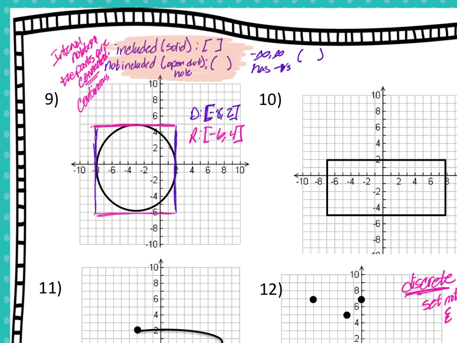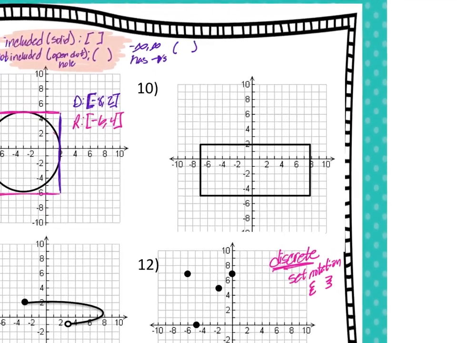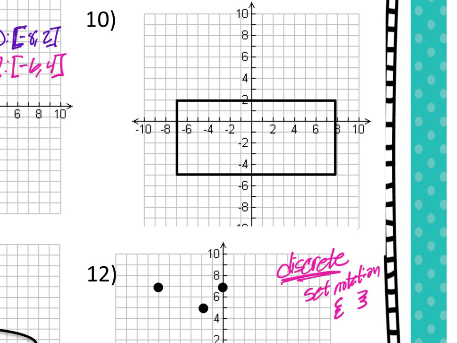We're going to go over a few of these together, and then I will let you guys do the second page by yourselves. Okay? So let's go to number 10. Again, I'm going to draw in my rectangle, but luckily my rectangle is my graph. So I have from here to here, and then my lowest is here